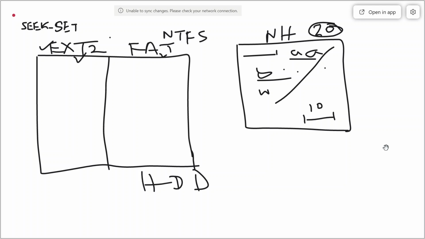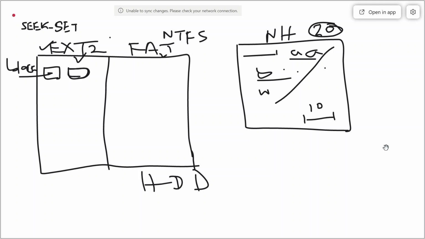Okay. Now according to the file system, our hard disk is divided into different memory cells. And these memory cells are basically the blocks. Now, depending upon the file system, the size of these blocks is going to be fixed.